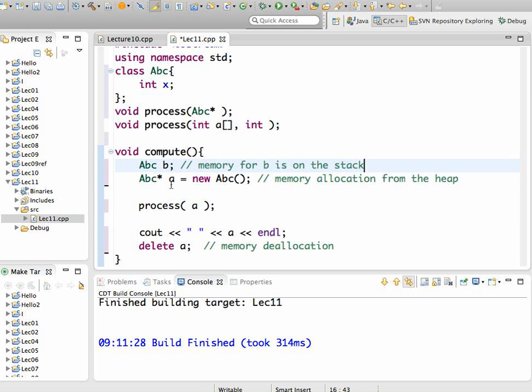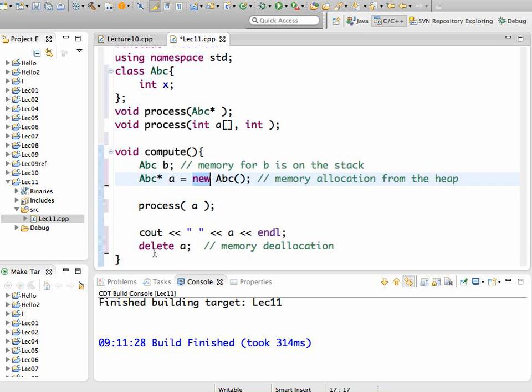The new allocates memory for the thing that a points to. That memory is allocated from the heap, and you can pass it into a function like process, do stuff with process, and you can return stuff if you want to. And then eventually, wherever you see a new, somewhere, it doesn't have to be in the same function, you have